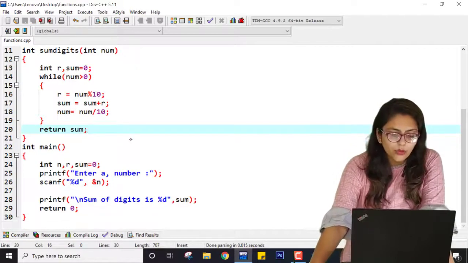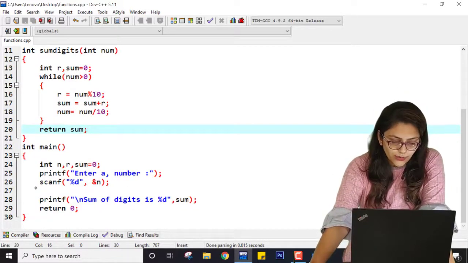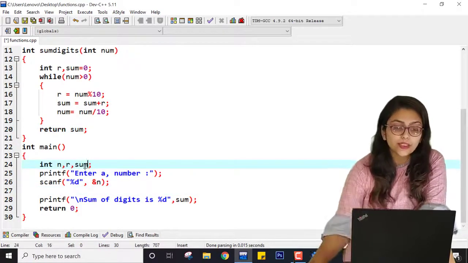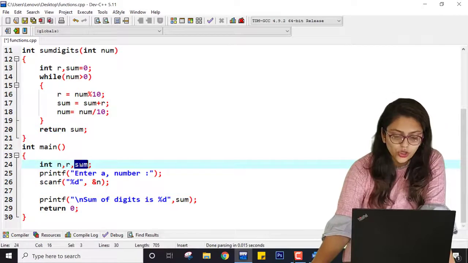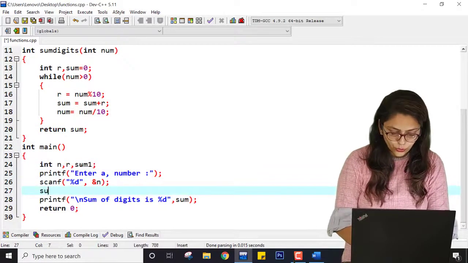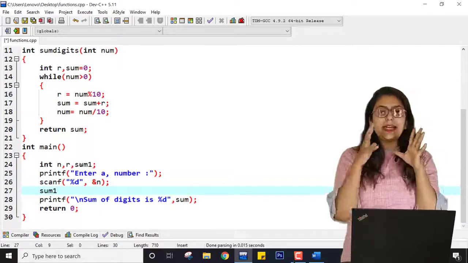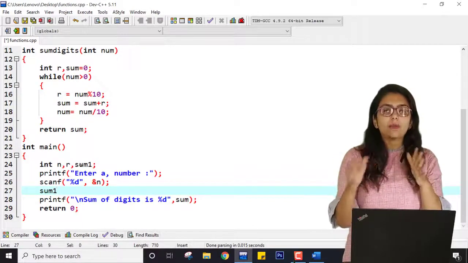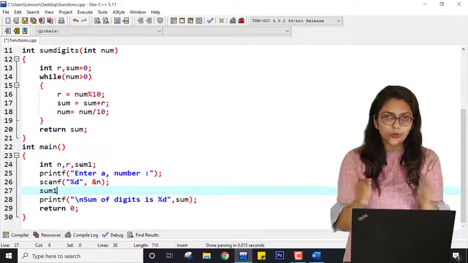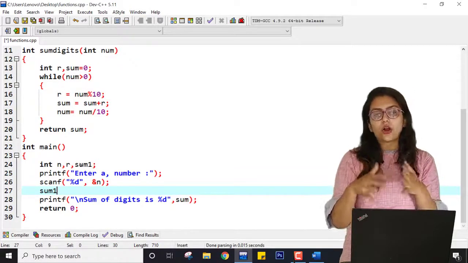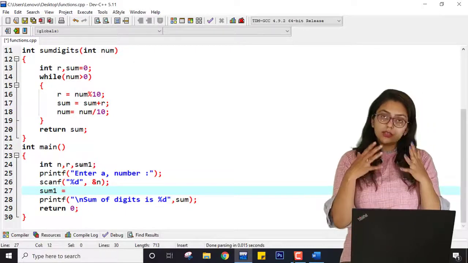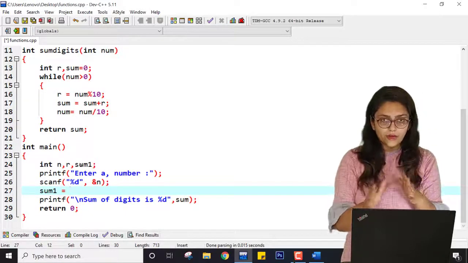So this is all about summation. Here I have already created one variable sum. These two sums are different, but for convenience I am taking sum1 so that you don't get confused. You can take a similar name. That is all about the scoping of the function that I have not covered. I am going to cover it when I teach recursion. But right now just understand that you can write a similar name, but to avoid any confusion,